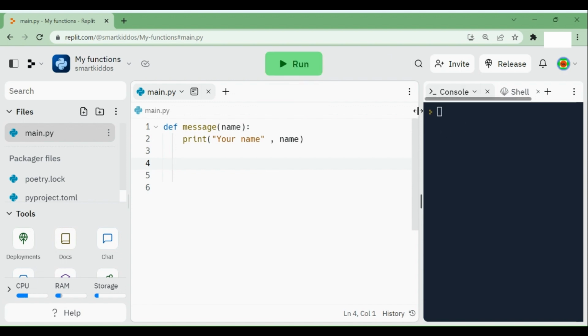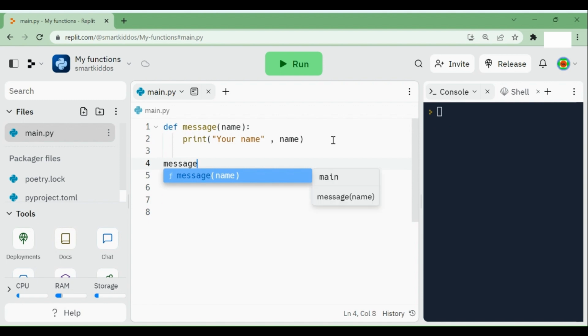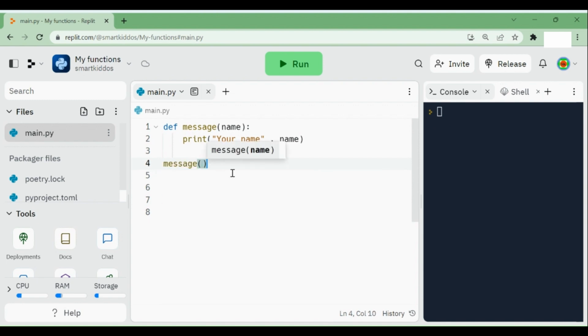Okay, we don't get anything. That's because we haven't called the function. So I'm going to call it. Remember, indentation is important, so you should call it right over here. When I run this again,